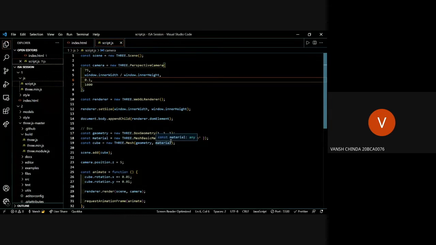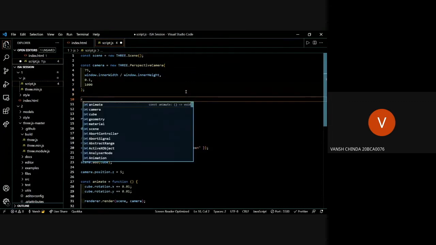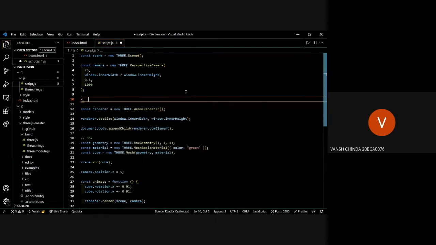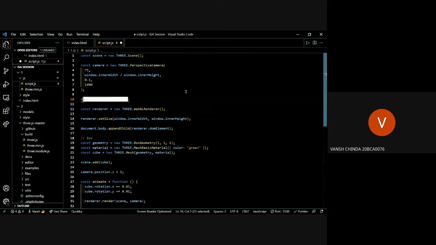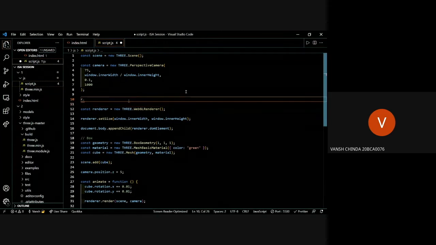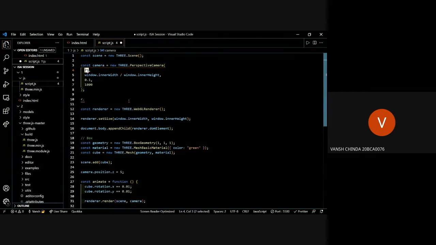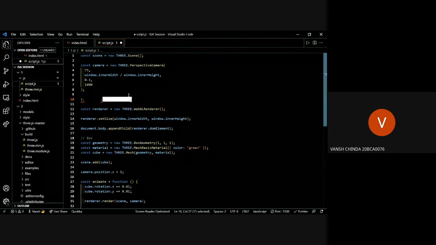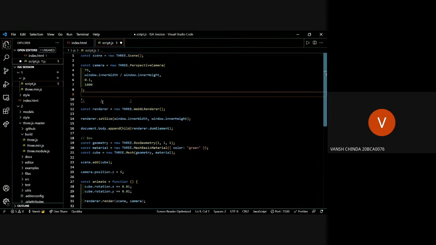Let's say I have a camera here. Let's call this a camera, and I set the first value to 0.1 here, and then the second value to 1000. Let's say 1000 is here. Anything between these will be visible, but anything that goes beyond this won't be visible. You will be thinking, then what was this 75? Let's say 75 is here. Anything that goes beyond 75 will be blurred, but it will still be kind of visible, like other small pixels, but theoretically it's still visible. So we are just setting up.